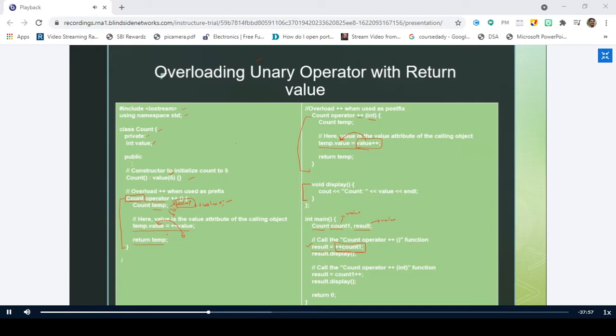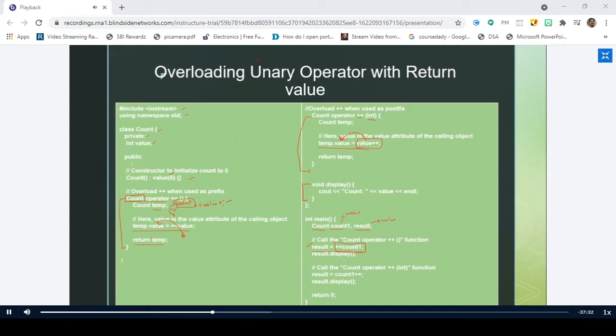The value data member is having a value of 5, and it is pre-incremented and stored inside this temp value. Therefore, it becomes 6, and it is returning the temp, where I am storing it inside the result.